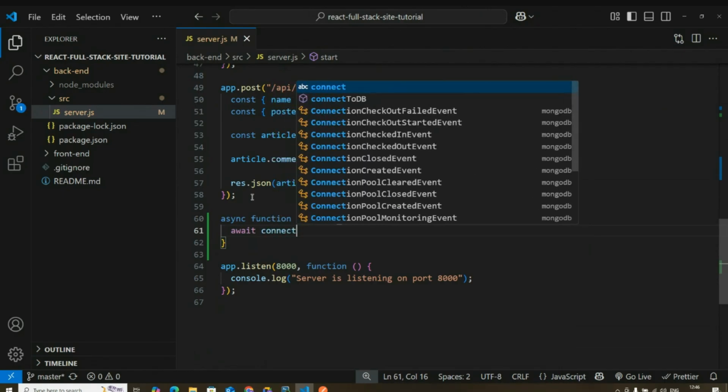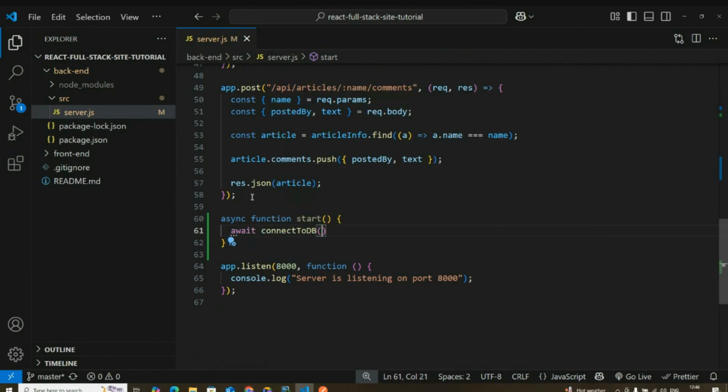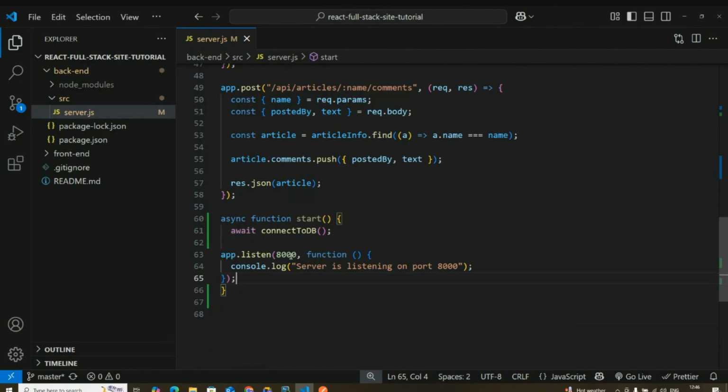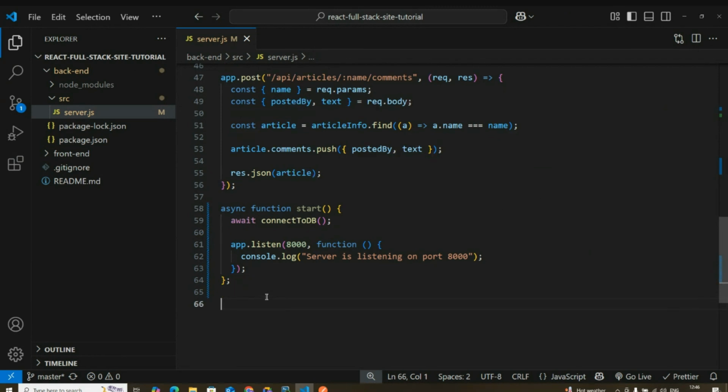And after that, we'll say app.listen. All right. So we'll just add that down here and we'll leave that the way that it was before. And now, last thing, we just need to say start and actually call that function in order to connect to the database and